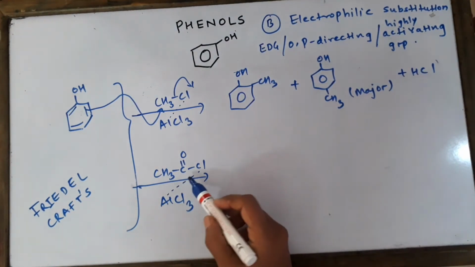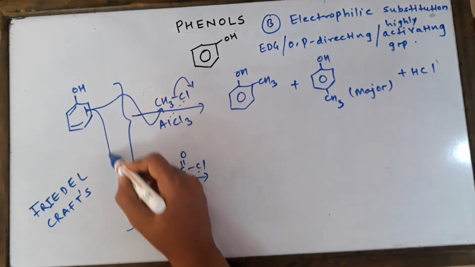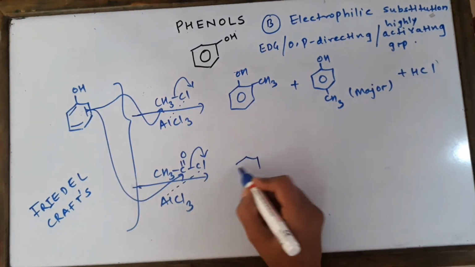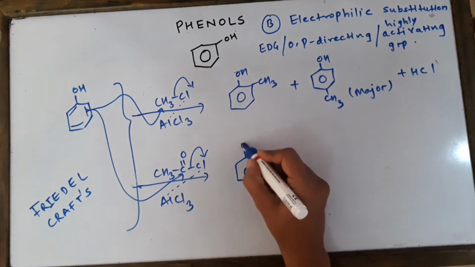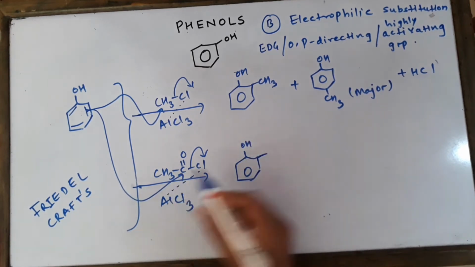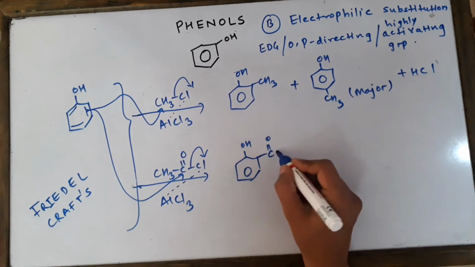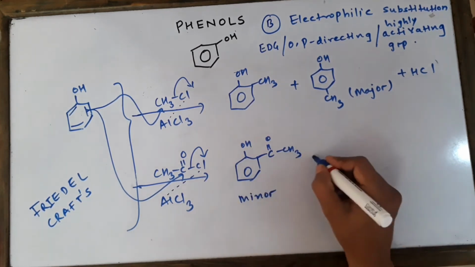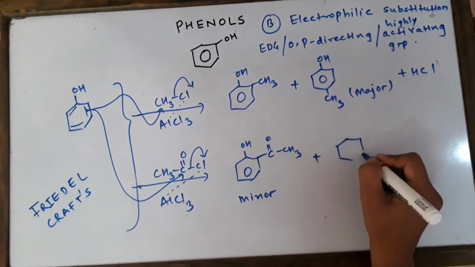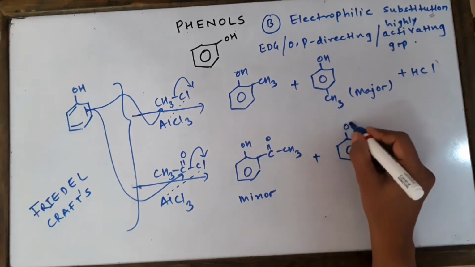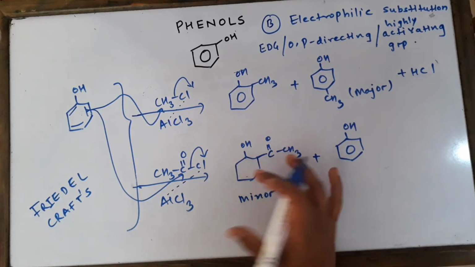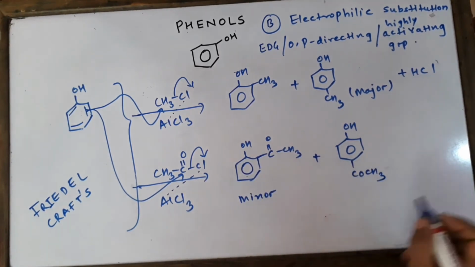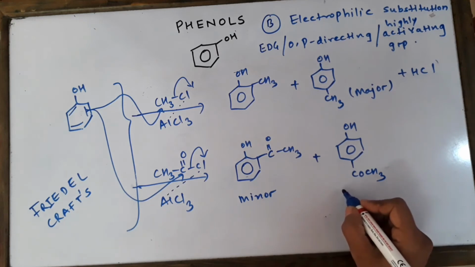Let us talk about this reaction. The same logic. If the molecule is attacked at the carbon, Cl minus will go out, and right now we will get a different group, that is COCH3, the acyl group, attached over here. So this is the minor product, and also we will be getting the second product, the para product, with OH. The ring is looking quite dirty. COCH3. So this way also I can write. Okay, so this is the para product and it's the major product.